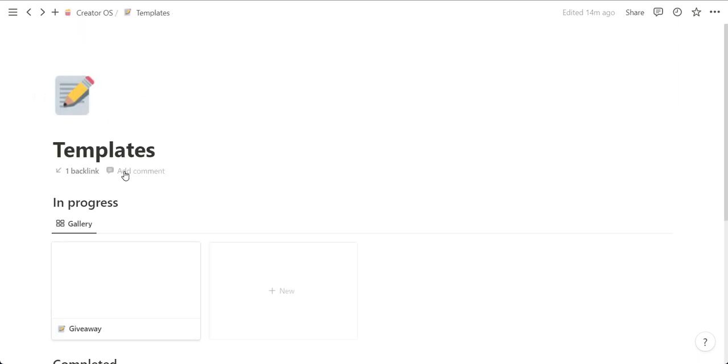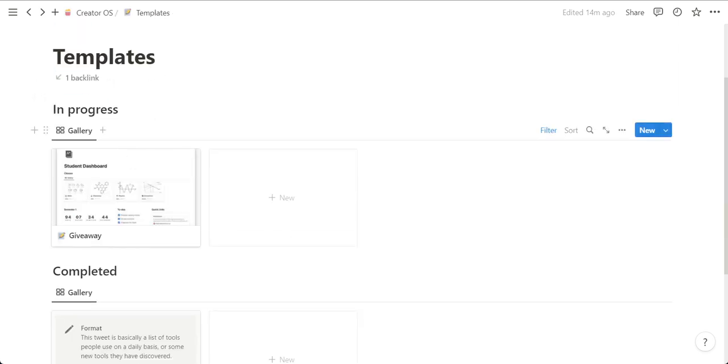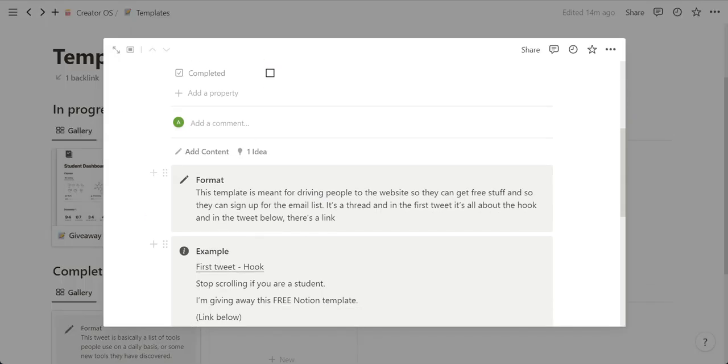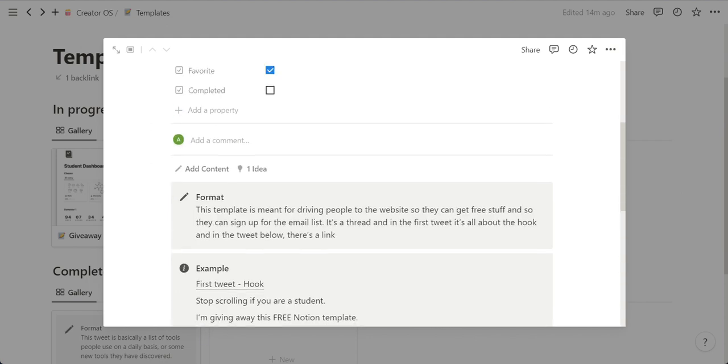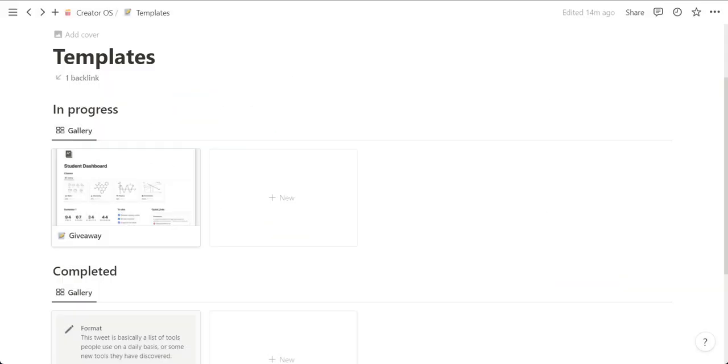As we're talking about templates, we can see what's happening right here. So when you generate your ideas, you can templatize them, and when you templatize them, you basically create a format and an example of the template you want to create,